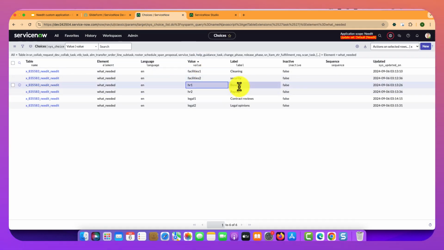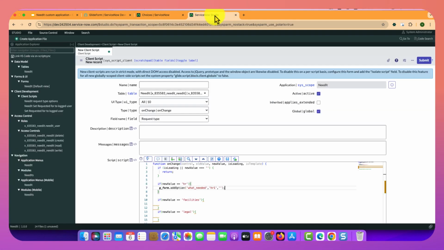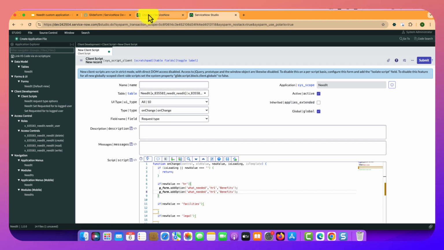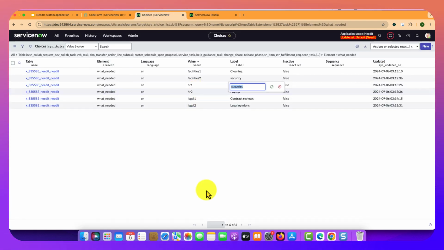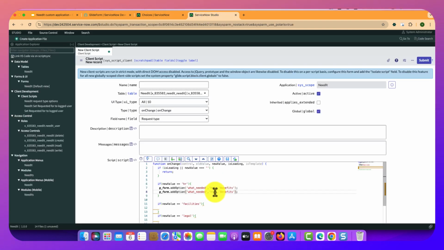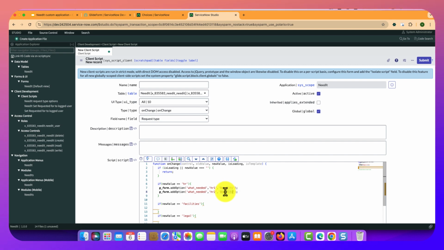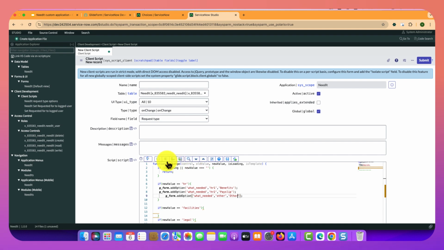This is the label, benefits. Copy this line because we need it for the second option. The value of the second option is HR2, and the label for that option is payslip. Copy this label and paste it here. And the last option is if other than these above two options, so that will be other and other. Format this code